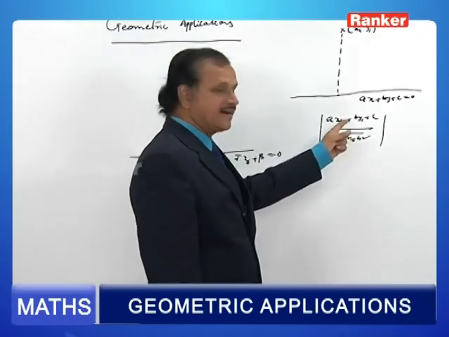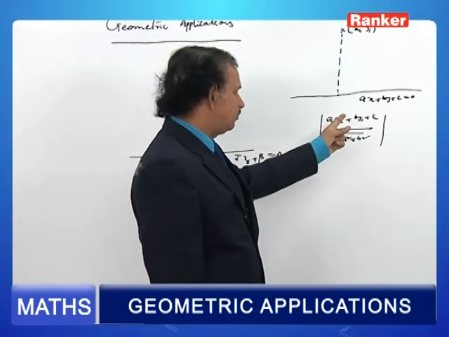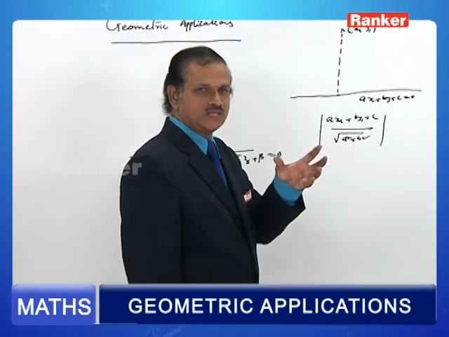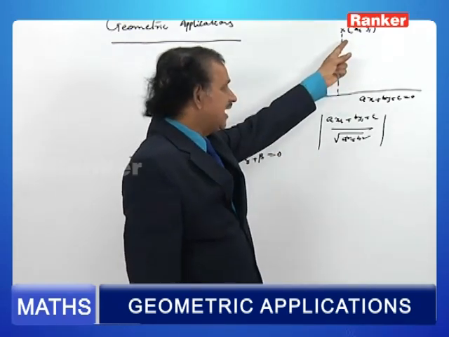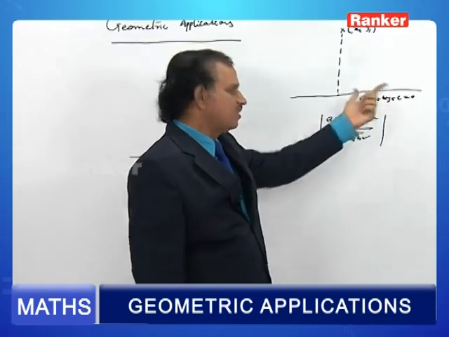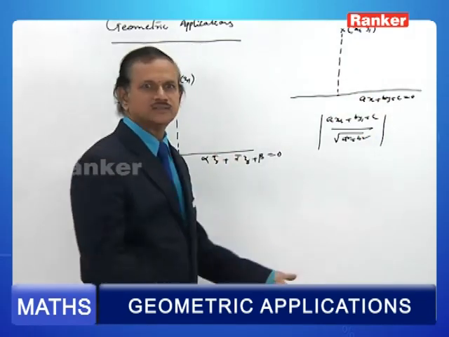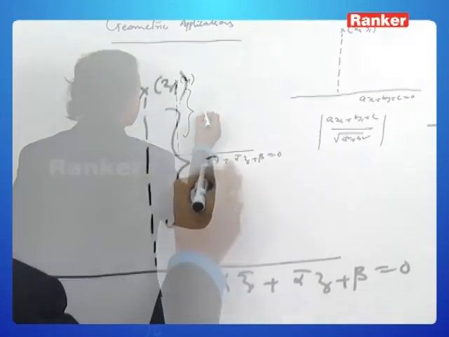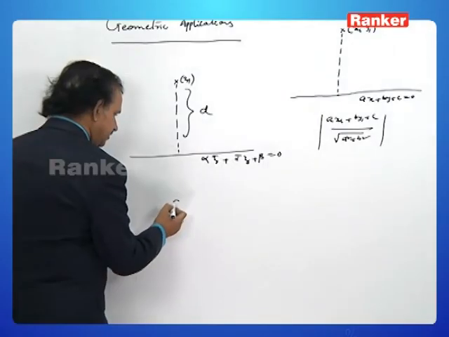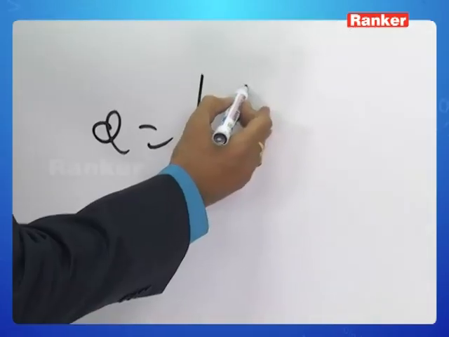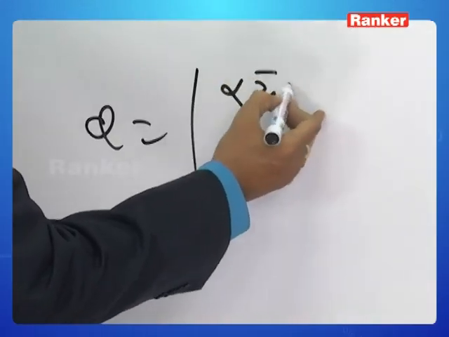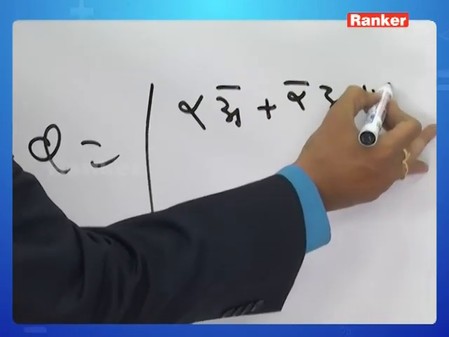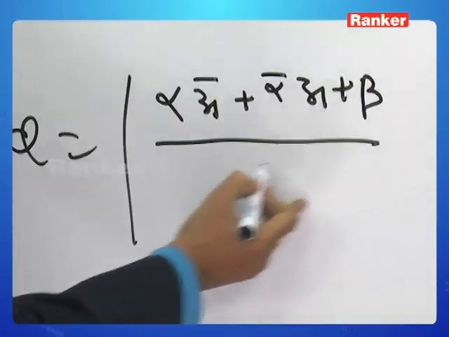There, the numerator ax1 plus by1 plus c is just the quantity obtained by direct substitution of x1, y1 in the equation. Here, same thing we get. Let me call this some distance d. D is equal to modulus of alpha z1 bar plus alpha bar z1 plus beta by